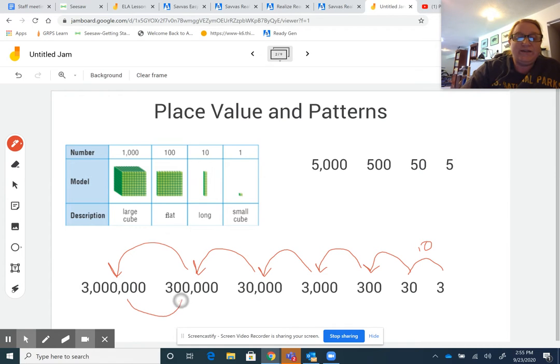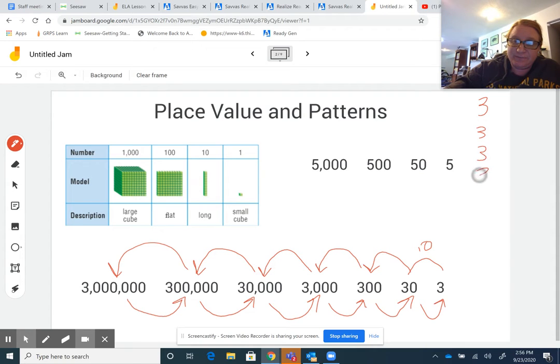300,000 is 1/10 of 3 million. 30,000 is 1/10 of 300,000. 3,000 is 1/10 of 30,000. 300 is 1/10 of 3,000. 30 is 1/10 of 300, and 3 is 1/10 of 30. Again, if I write the number 3 10 times,